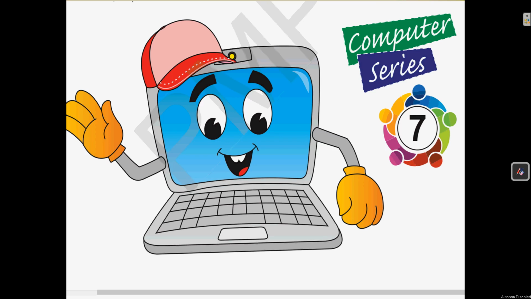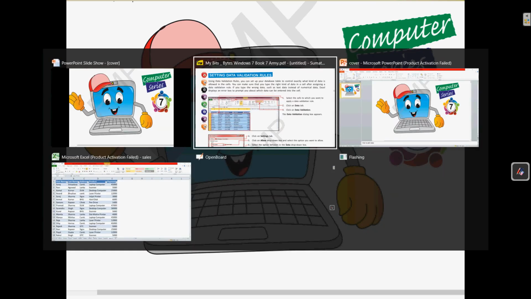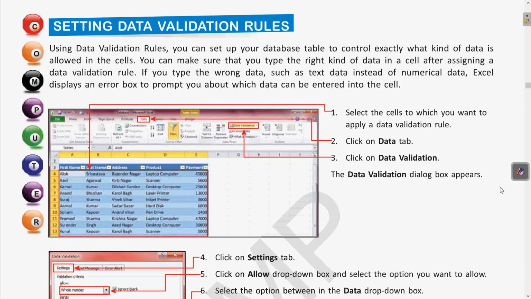So as in the previous class we were discussing chapter 3, and in that we have seen some important features of Microsoft Excel. So before moving to the next topic, let us revise those and then we will switch to the next. In the previous class we have seen how we can use the data validation rule in MS Excel.